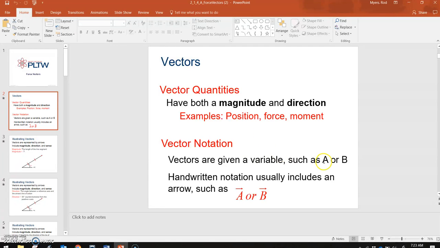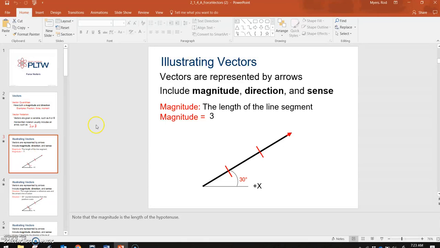If you were going to describe a vector in a sentence or in an equation, it's usually represented here by the name of the point of the vector, and the arrow above it designates that this is vector A, this is vector B. So what are these measurements that we give them? Well, first of all is magnitude. And magnitude measures the unit that we are covering with the vector. In this case, it's length, and it says the length of this right here is magnitude 3 because there's